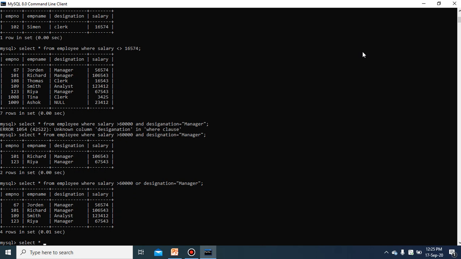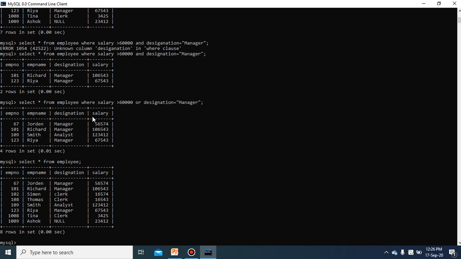Select asterisk from employee. You can see why the analyst designation comes, though we had only provided designation equal to manager, because these two expressions are joined with the OR logical operator.